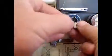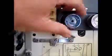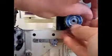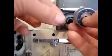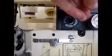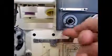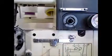Just got to take that out, take the washer, spring washer, and a little washer in there as well. Okay, turn that anti-clockwise, so all of this will just pull out. And now you can actually see the little spring running in there. Sometimes what happens, this can get bent out, you might have to rebend it. Or the other thing that happens,